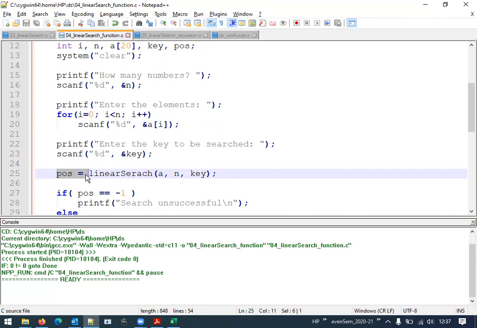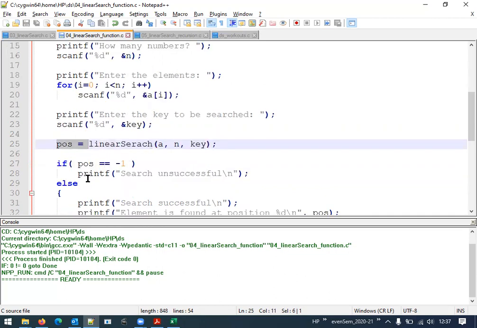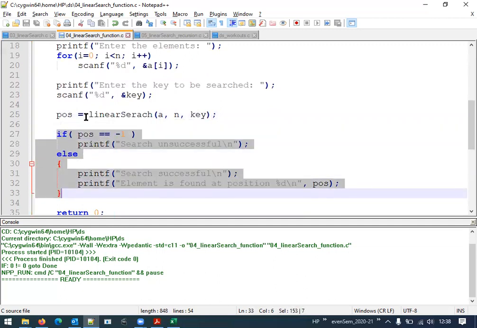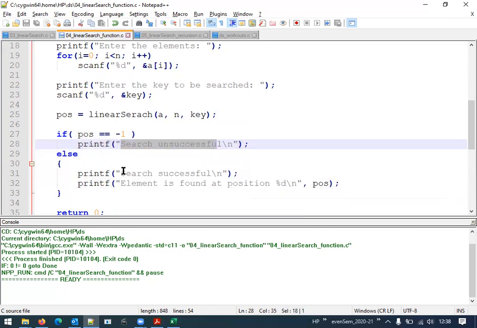If the search is unsuccessful, then this position will have the value -1. So linear search is going to return either -1 or a positive number starting from 0 to n-1. If the search is successful, that index will be returned; otherwise, it will return -1. We handle that part here. If the position value contains -1, that means the search is unsuccessful. Otherwise, we display the search successful message and the position where it is present.